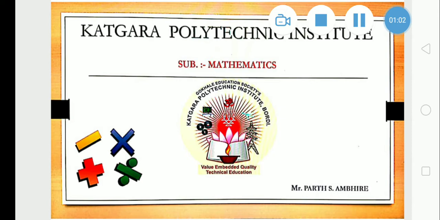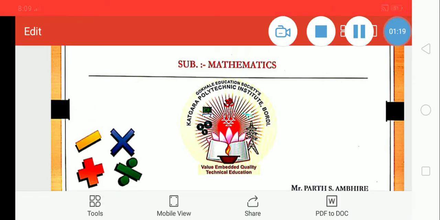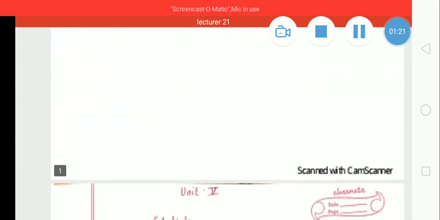We will study some important measures of distribution of data. In that, the first one is range, then mean deviation, standard deviation, and variance. Now let's start with the first one, that is range.